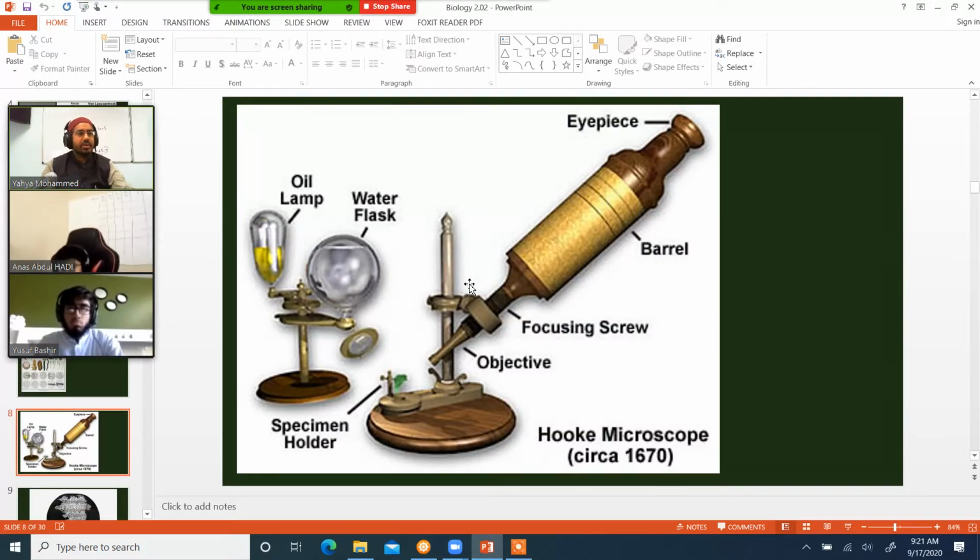Right. So how do you think this microscope is different, right? Can anyone tell me? This is called the Hooke microscope, right? This was invented much later. Wasn't this guy the guy that named cells? Yeah, so we're going to talk about that in a second, right? So what's different about this one? Can anyone tell me what's kind of different? Fariha, what do you think is different about this one?